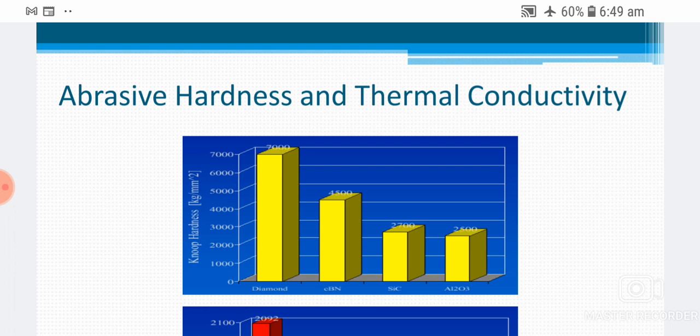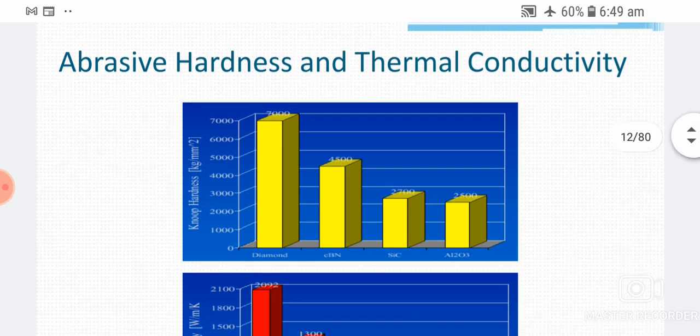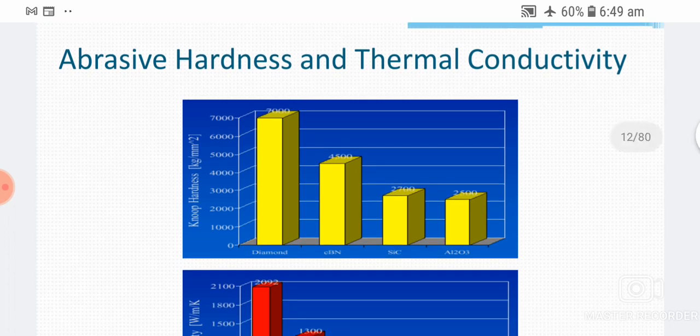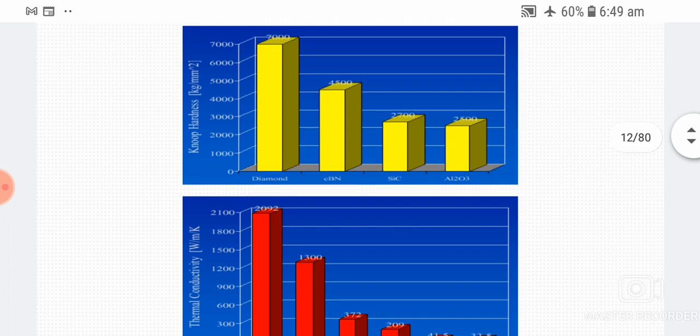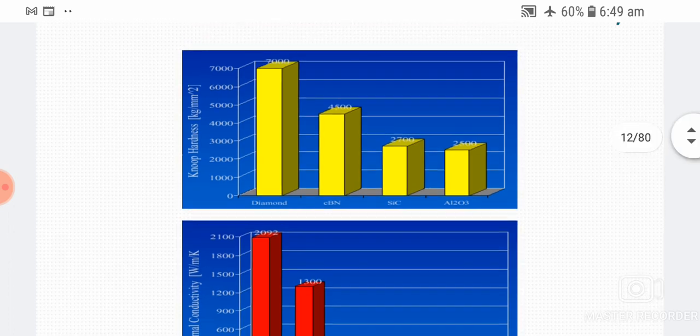We have discussed the topic of abrasive hardness and thermal conductivity. This is the abrasive hardness and the thermal conductivity zone in the diagram. First, you have to